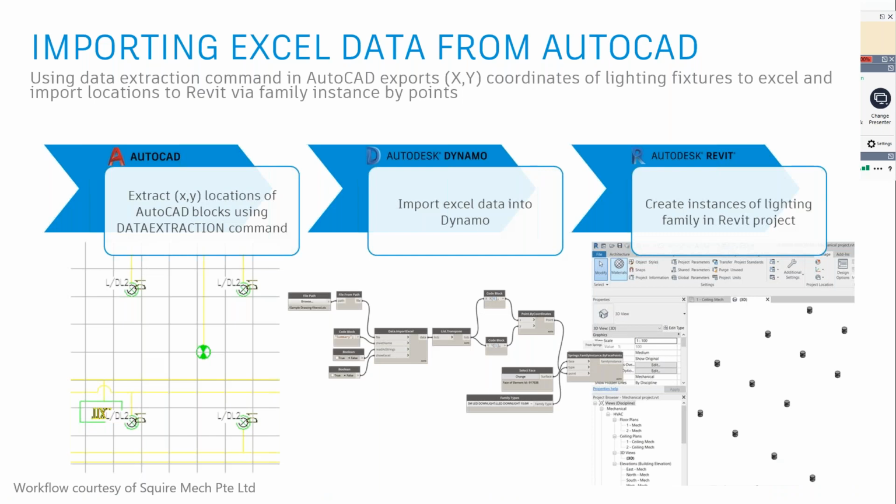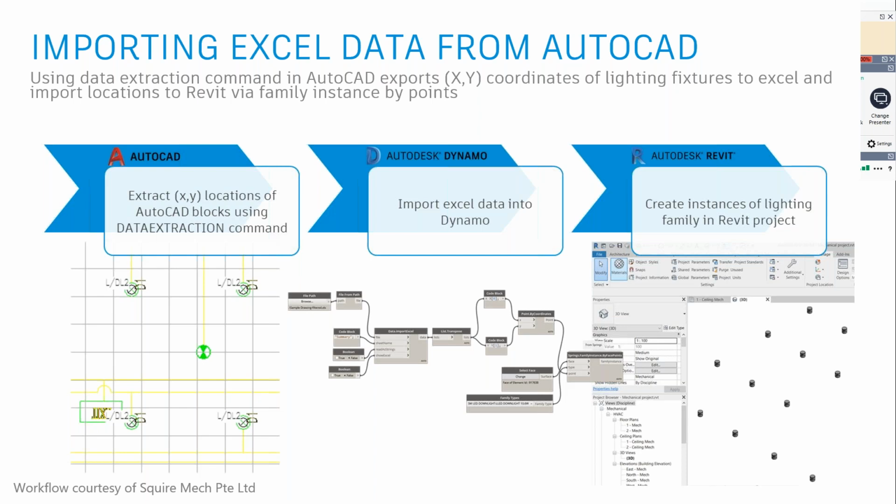We have a really good integration today between Dynamo and Excel, so you can easily pass information; they're completely interoperable with each other. So here we have taken an example where we are establishing interoperability between AutoCAD and Revit through Dynamo, and the information is coming via Excel. What we are trying to achieve is, again, the placement of elements, and the coordinates we are trying to pick from the CAD version of that drawing.